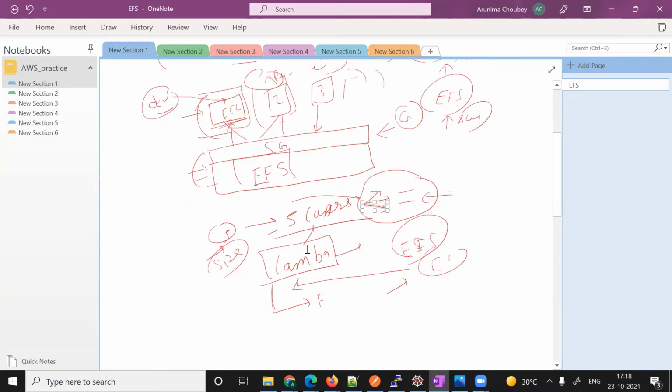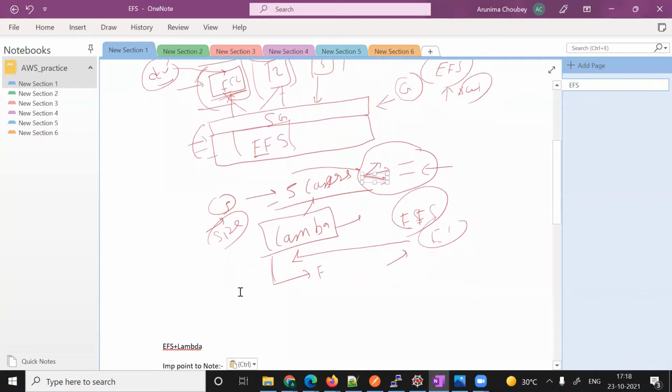So there is a restriction in layers, and you also cannot zip it and keep it with Lambda because of size factors. So whenever you need more packages to be installed and there are size limitations, what do you do?